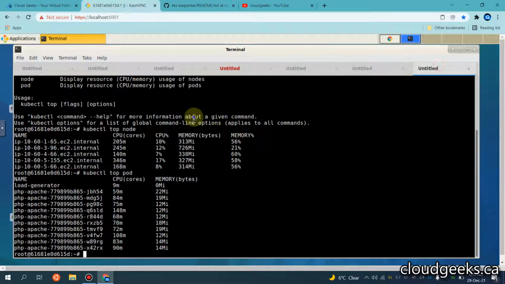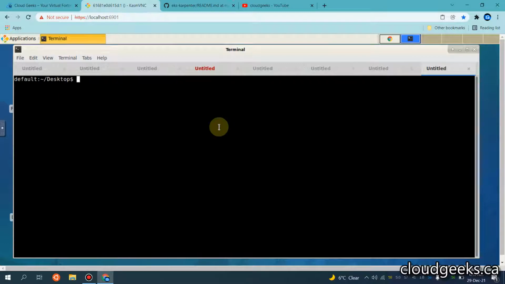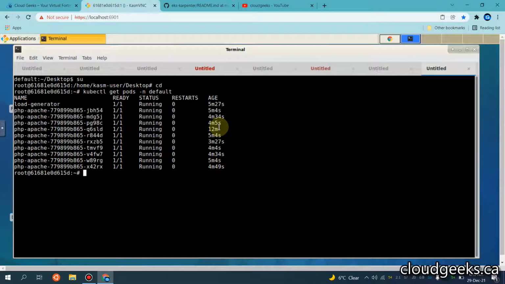Okay, let me open one other tab, and if I do sudo kubectl get pods in the default namespace, let's see whether our pods are in running state or pending state. You see, because of Karpenter as a groupless autoscaler, our pods are running.